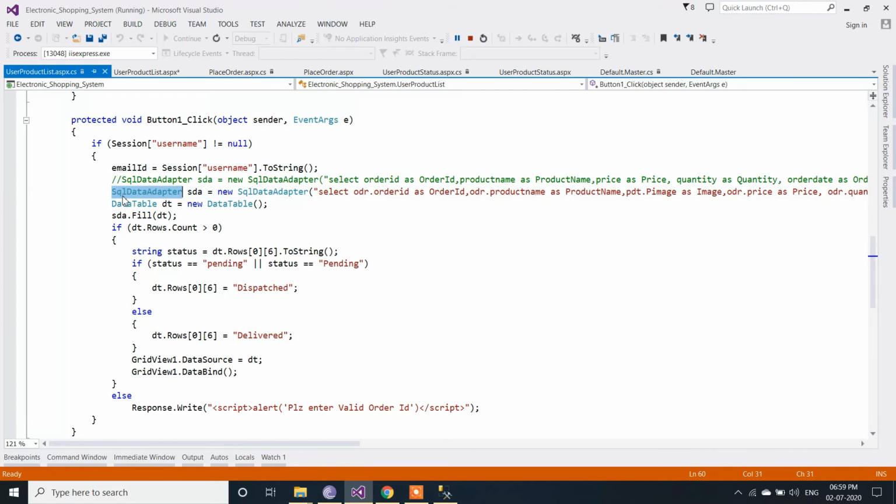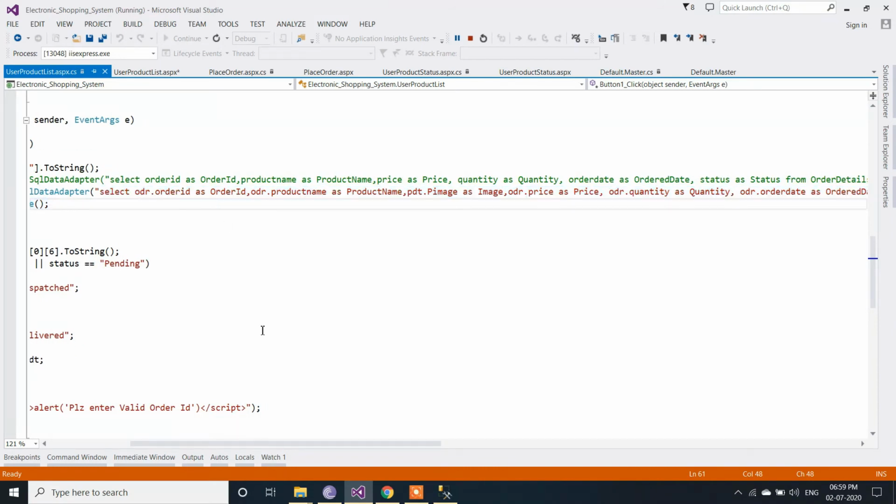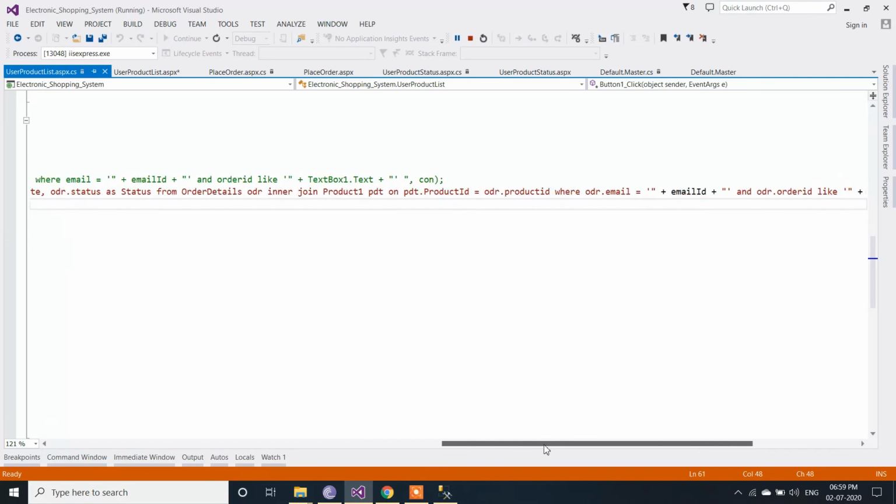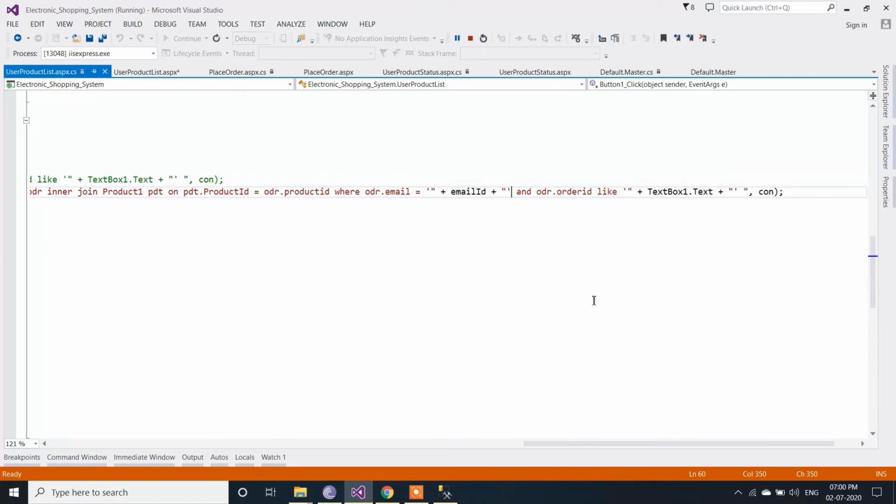Now after that I have taken the SQL data adapter class, and inside that I have taken the SQL query. You can say SQL command here. The query is the same as the above one till here, email id. We have the same query, but here we have added one more condition, and order id like textbox 1, the value which we are getting from textbox 1, that is order id.